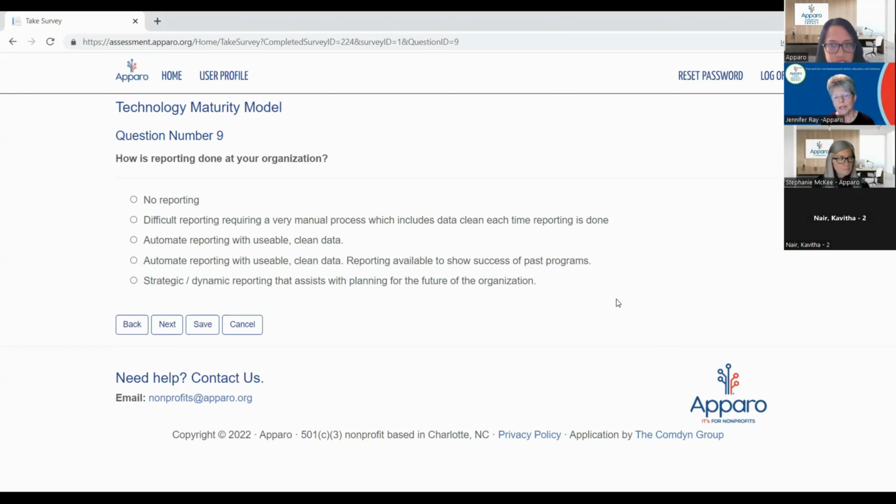If you're doing everything in a spreadsheet, and then you have to manipulate the data in the spreadsheet in order to generate,